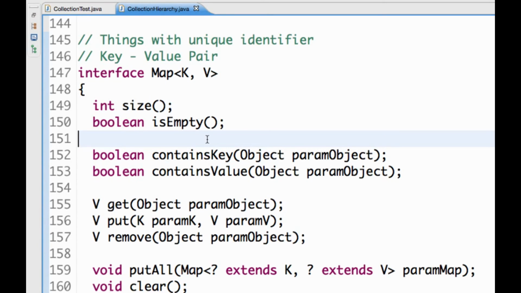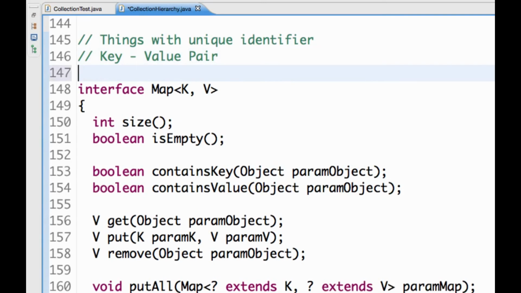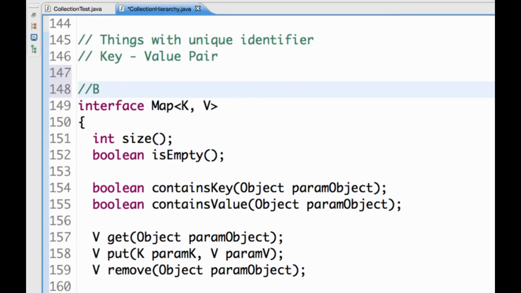Map interface is an interface which defines all the methods that would help you store values in a key value pair. So let's say I want to maintain an inventory of things. Let's say I'm running a car shop, and I want to find out how many cars of each type I have. One of the implementations that I can consider is to store the values in a key value pair. So for example, I can say I have BMW